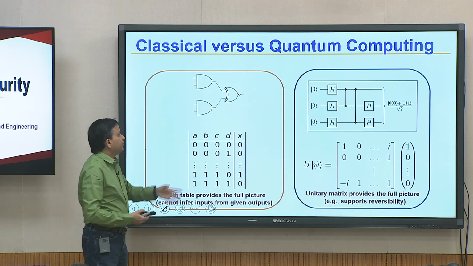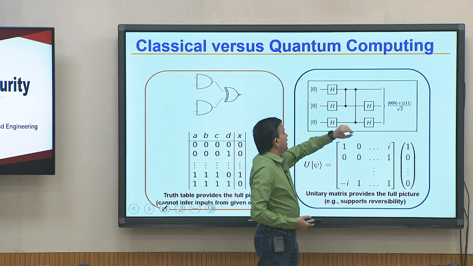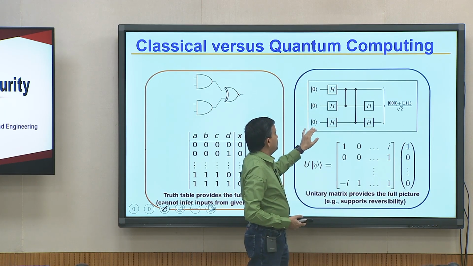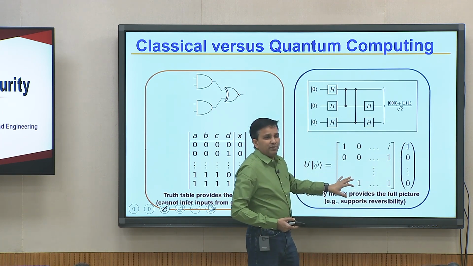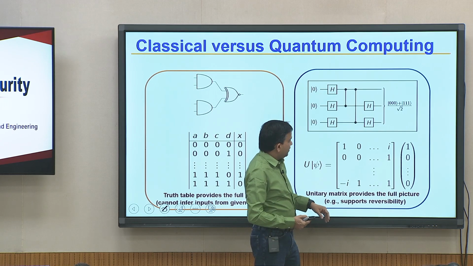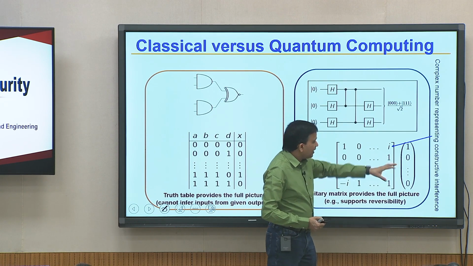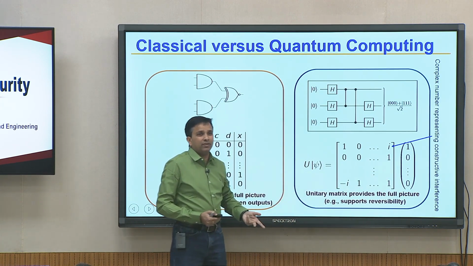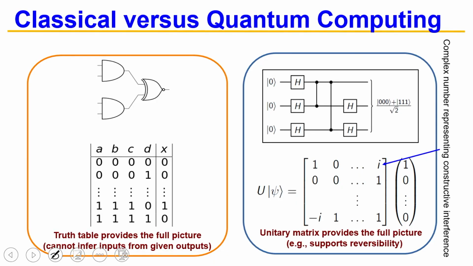Now, if you are a classical designer, then you kind of know how the gates are, what the truth table is. In the quantum domain people do the same thing. It is just that the gates are, this is Hadamard gate, this is kind of entanglement, and this is the input, zeros and ones, this is the expected output, and there is a notion of truth table, we call it unitary matrix. But the key point is, you can see all the numbers look the same except there is an imaginary or complex number, that is actually the constructive or destructive interference. So, whether you are a classical engineer or quantum engineer, that is basically not much of a difference.